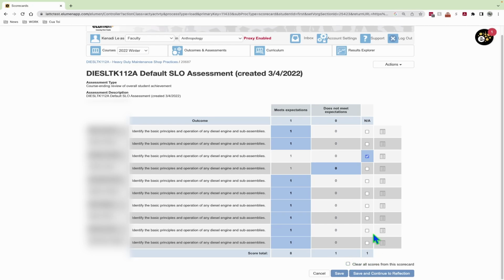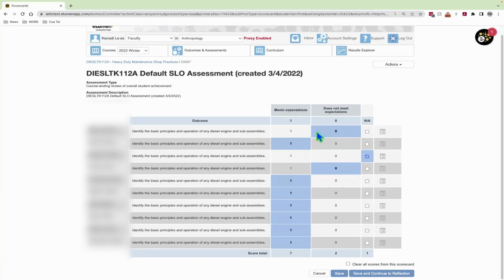If I just wanted to edit a few, then for example, for the first student here, if it turns out I made a mistake and the student did not attain the SLO, then I would just click on the 0 to change the score from a 1 to a 0. Or I would click on NA to indicate that the student was not assessed. And you notice that for each row, for each SLO, for each student, you can only select either 1, 0, or NA. You cannot select more than one of these.